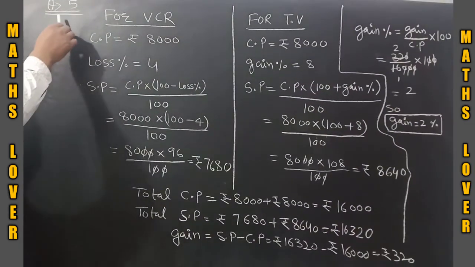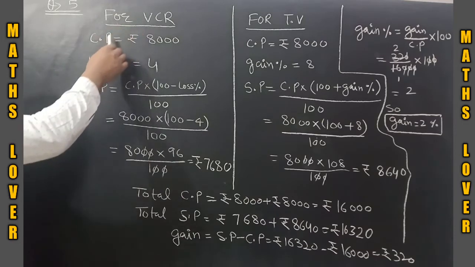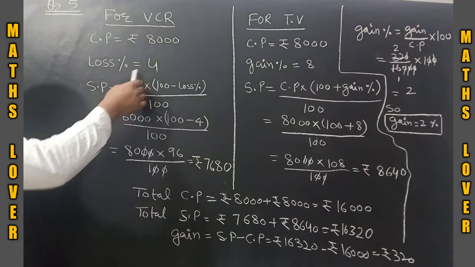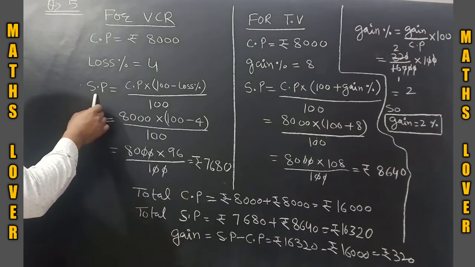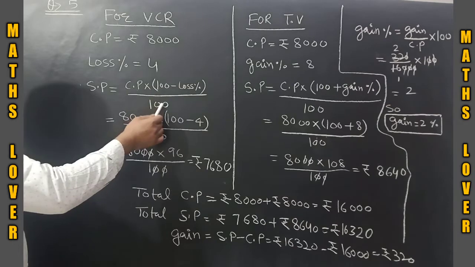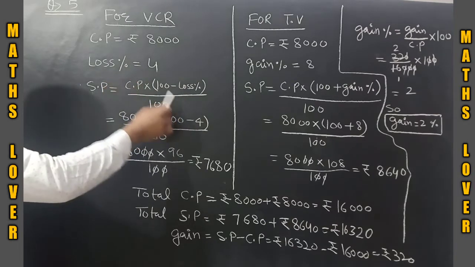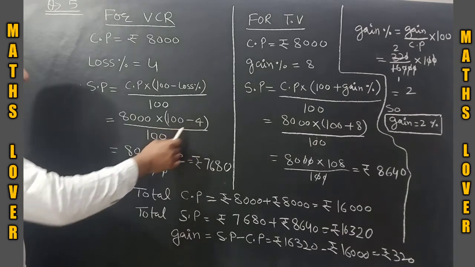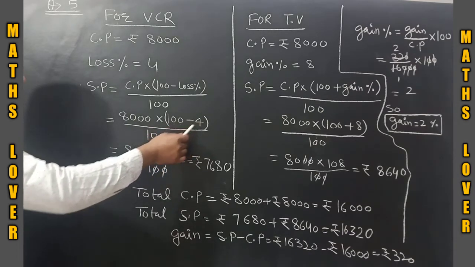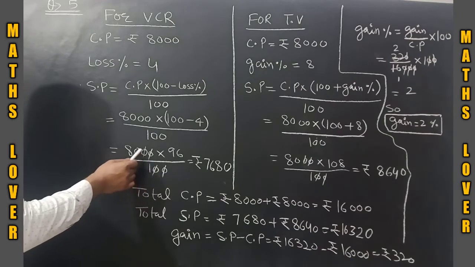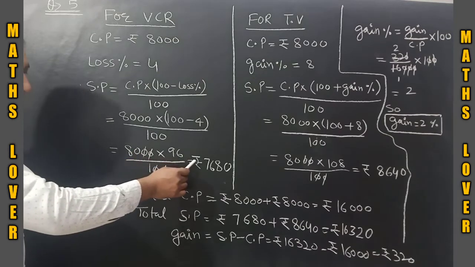Solution of question number 5. For the VCR, the cost price is given as 8,000 and the loss is 4%. Now we will apply the formula of SP, that is CP into (100 minus loss percent) upon 100. We put the value of loss percent here, so it becomes 8,000 into (100 minus 4) upon 100. 100 minus 4 becomes 96, this 0 cancels with this 0, and 80 into 96 is rupees